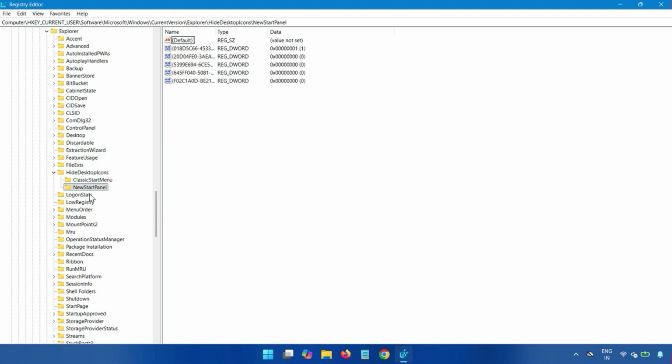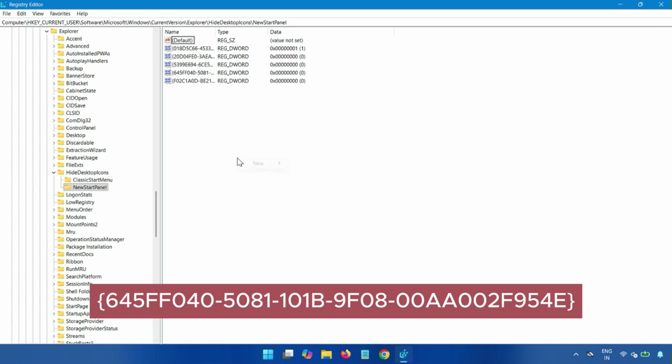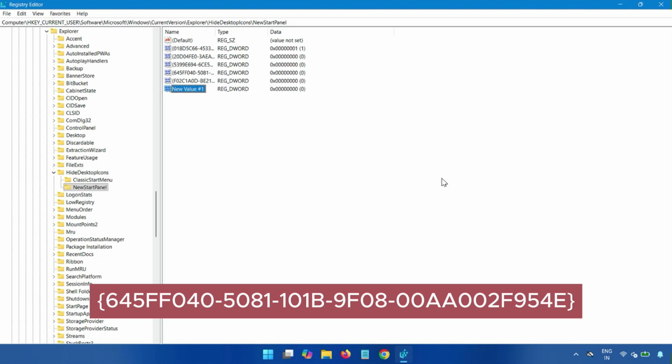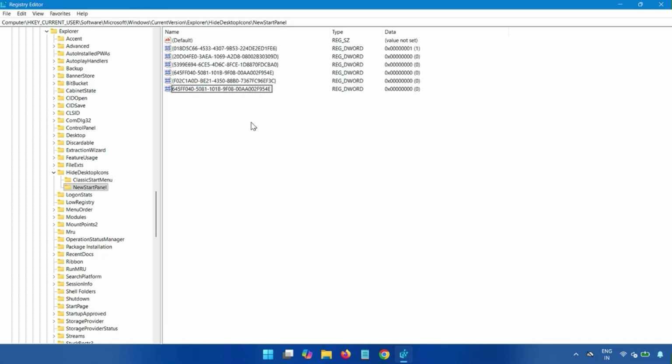then right click the NewStartPanel, otherwise right click, you can see here New and DWORD (32-bit) Value. Click on it and then enter the value name, this 64, this and last. Okay, and then click, then guys double click